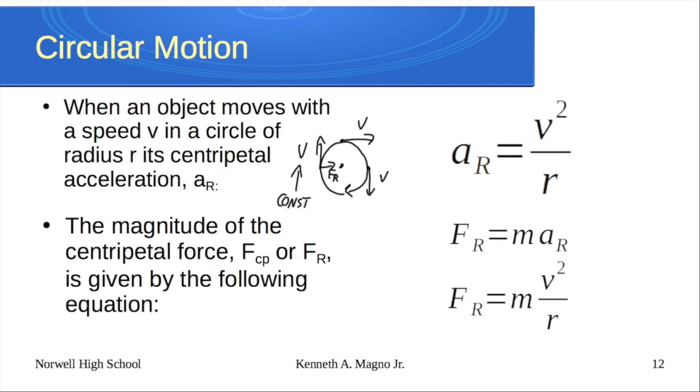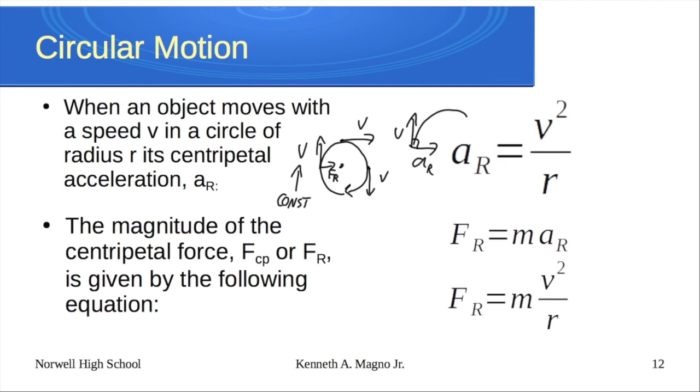All right, and if we do out all the math and do all the derivations, we find out that the radial acceleration comes out to be the velocity squared over the radius. That will tell me how much acceleration I need to keep myself going in that circular path. And that acceleration is perpendicular to that velocity, right? So if the velocity is this way, the acceleration, again, it's perpendicular, would be this way to cause the curve,